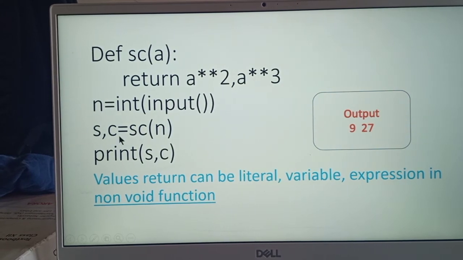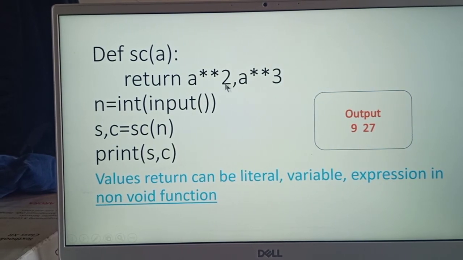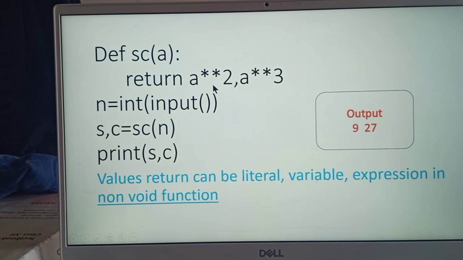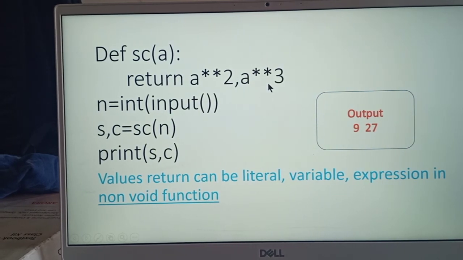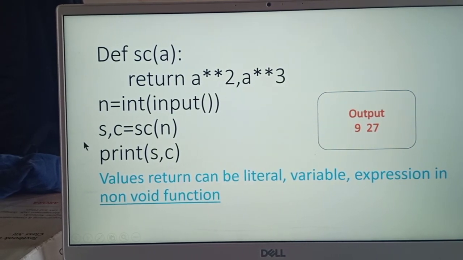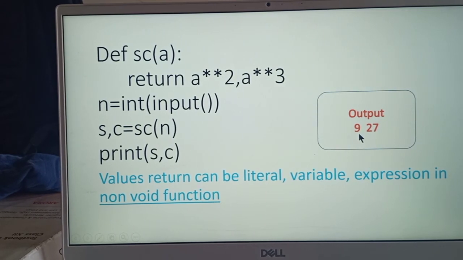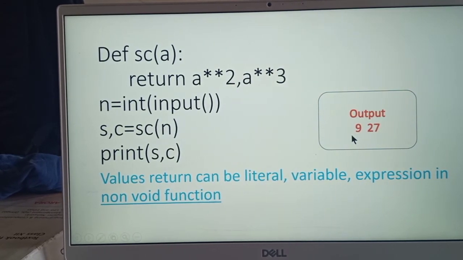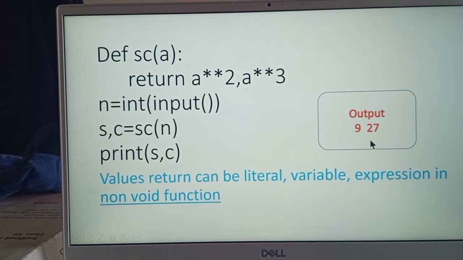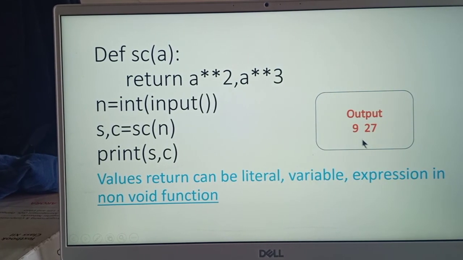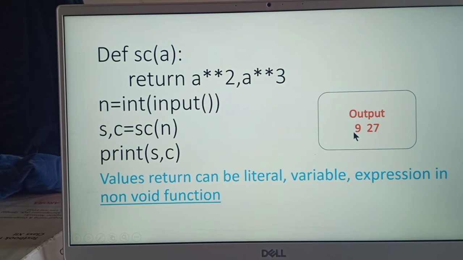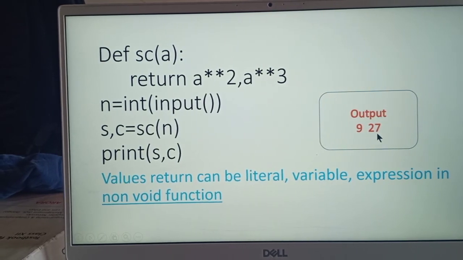So by using this function we are getting two results: one a square, second a cube, and these will be passed to s and c. Now here is the command print s c, so we will get the output 9 and 27. One is the square, one is the cube: when the user passes value 3, the result will be 9, and one more result will be 27.